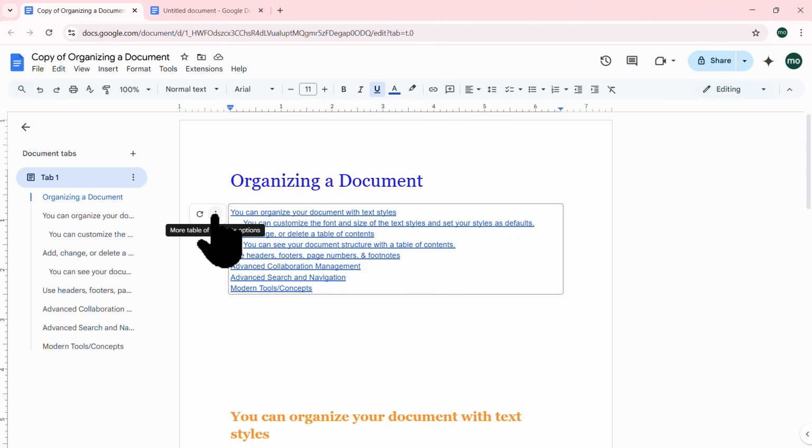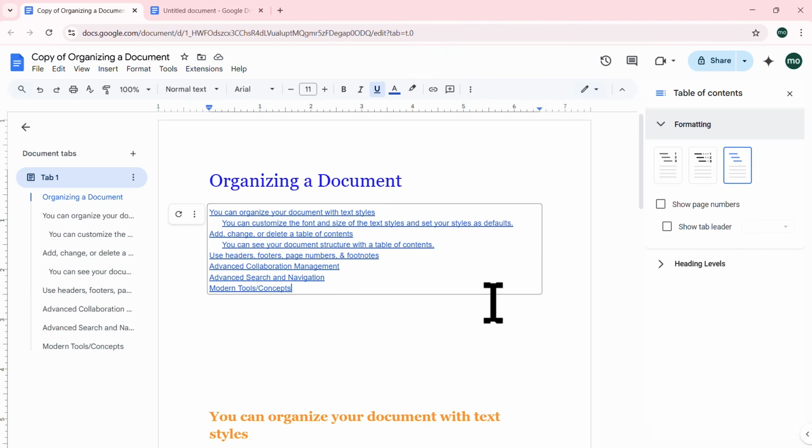Once you click on the table of contents, I can update the table of contents. This basically rescans the document and looks for all of these headings that I have in here. And if I were to move something around, they will actually update the table. If I click on more table of content options, I can remove the table of contents if I want to. So I'll go ahead and remove it, or I have more options. If I click on more options,